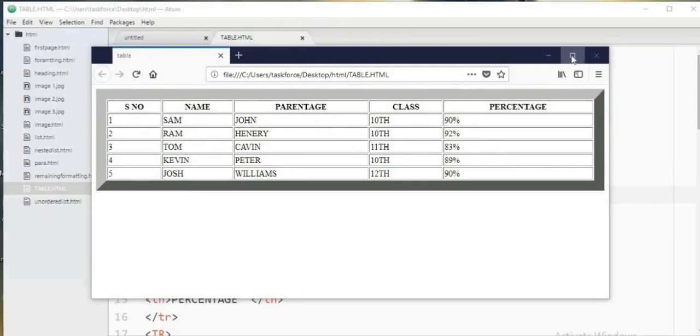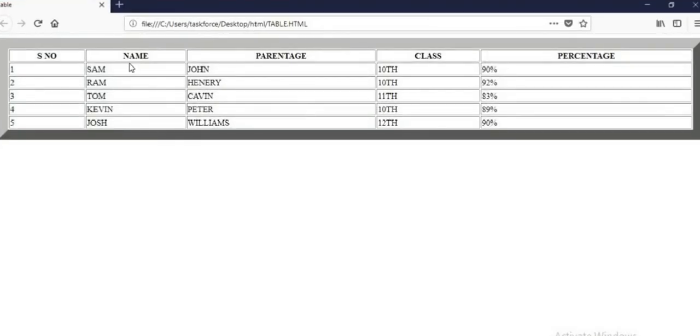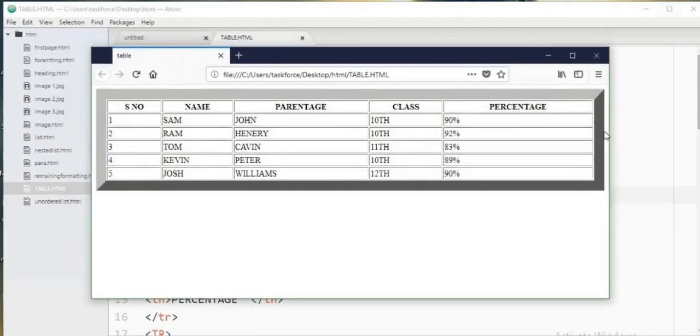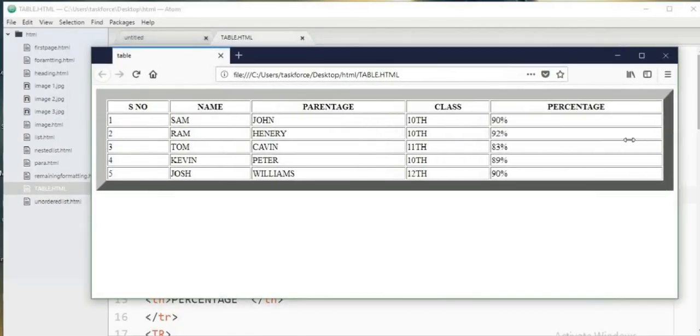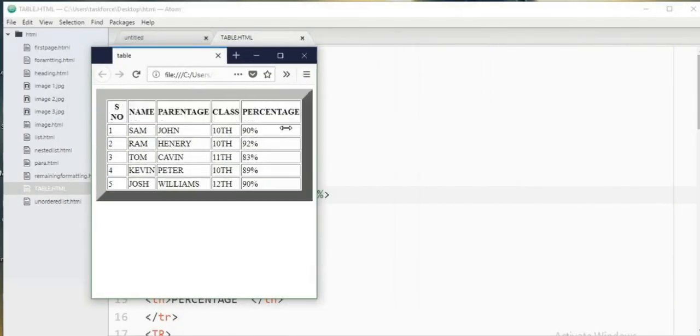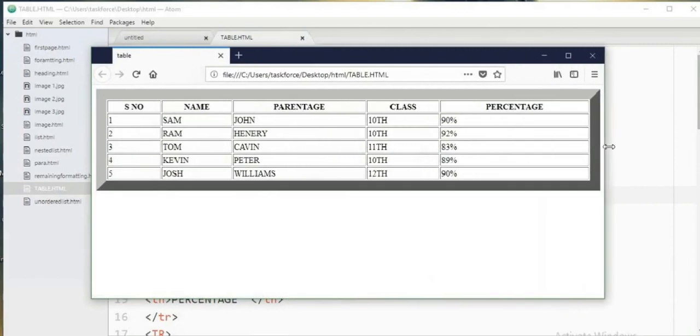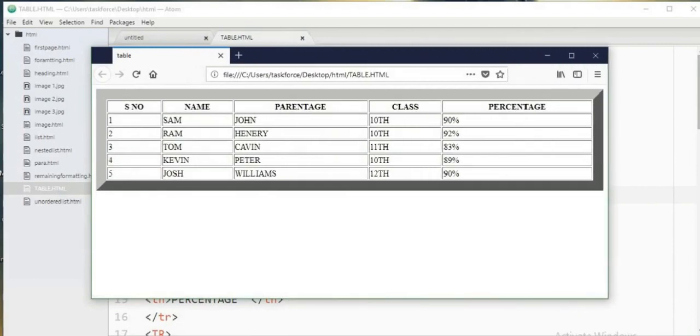I will maximize my browser. So again you can see it will cover the whole size. Then I'm going to decrease it again. So I will show you this. So it is adjusting according to our browser size. Okay, so